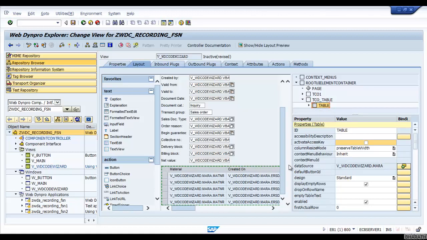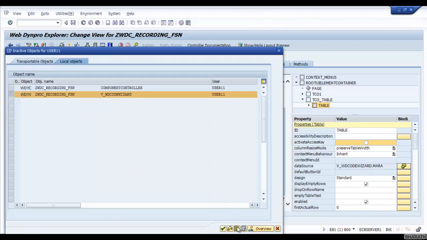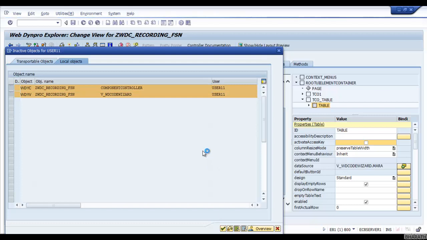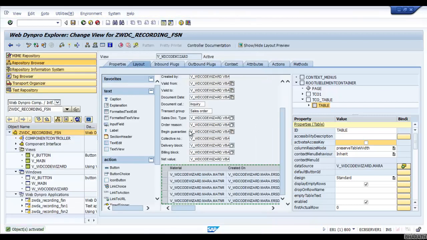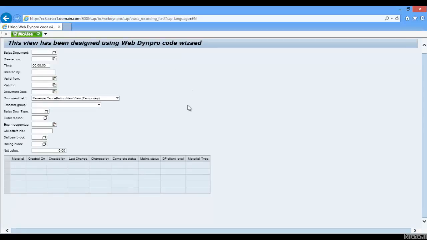Now it is appearing. So this is a standard product bug, a problem in the WebDynpro framework. Let me activate it. Select all, click OK. Now execute the WebDynpro application. Now you see the table has been displayed.